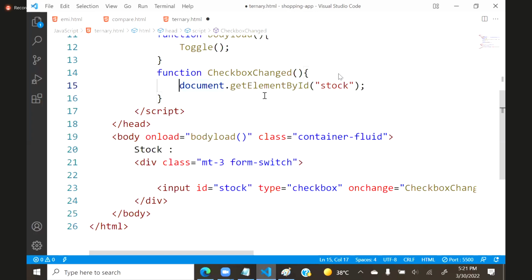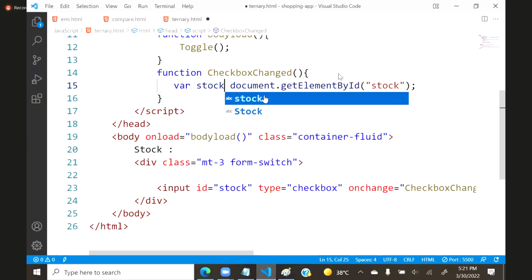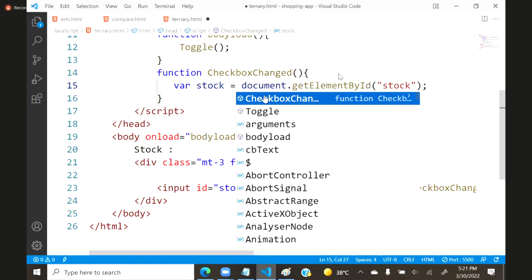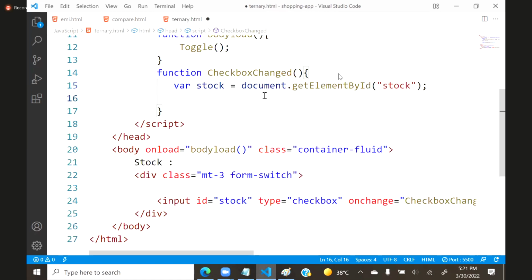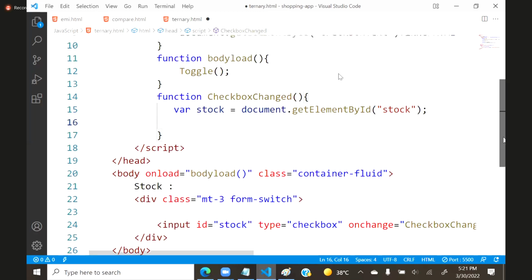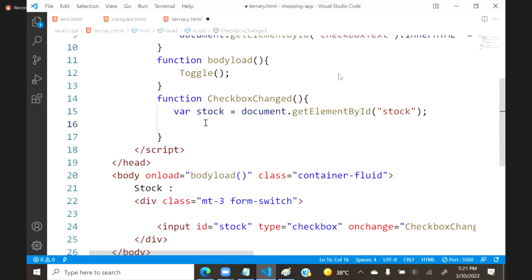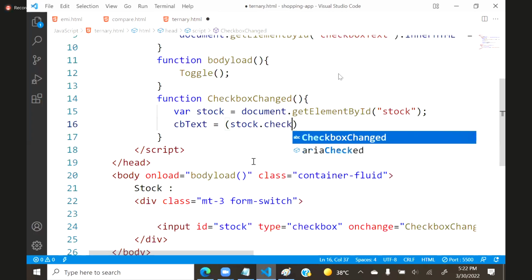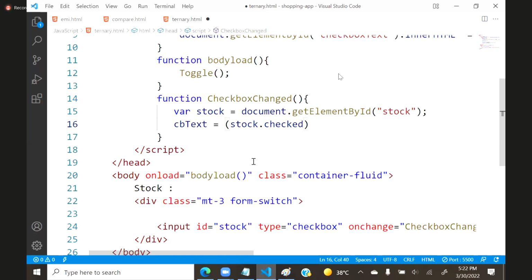This stock refers to the checkbox. Now we need to write a condition here. The condition depends on whether it is checked or not. So here we will use CB text, that means checkbox text. What is the condition? If stock.checked, if the checkbox is checked,